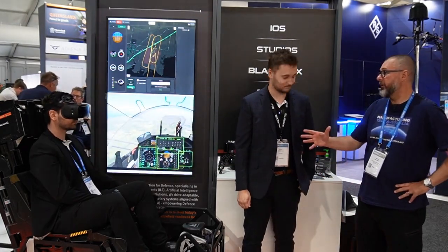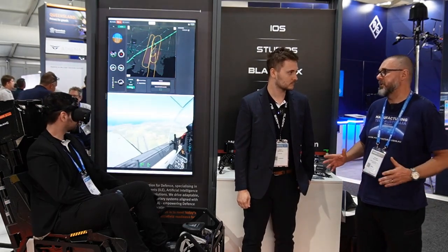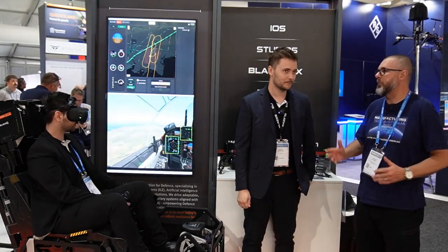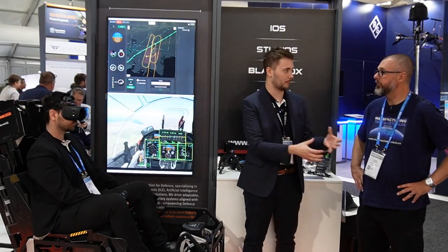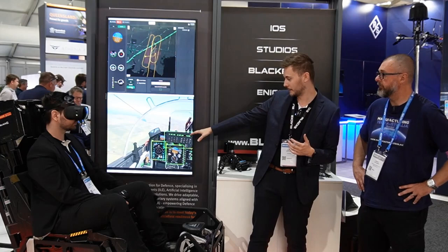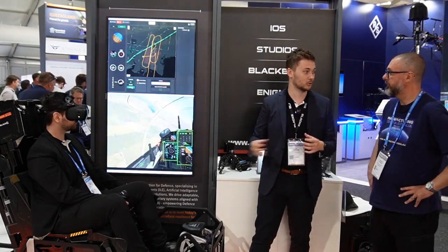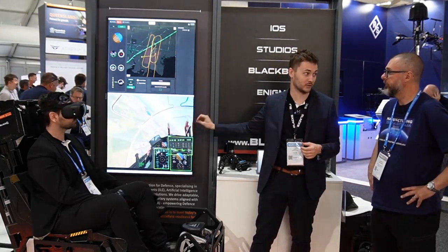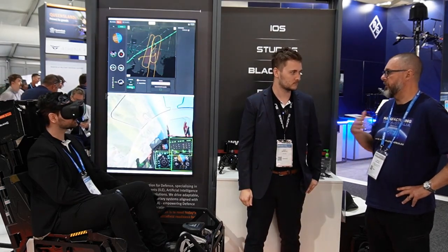So you see Ricardo over here is having a crack on the flight sim. I imagine that's not just any flight sim. Maybe you could tell us a little bit about what's going on there. Yeah, so we're using Lockheed Martin software, Prepar3D, but really the magic sits behind it where we're pulling the data out. So on the screen here, you can see the green boxes. That's an AI model looking at the instrumentation and what he's looking at at the same time. Obviously, you're not just curious what he's looking at. It's got to be a reason why you...